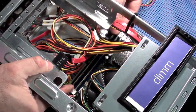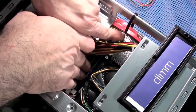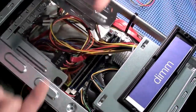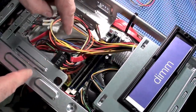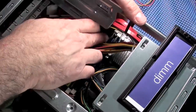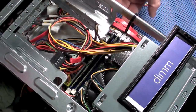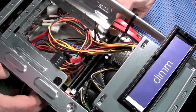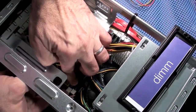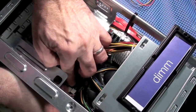But, alright. So now I have to clip it, press it down and clip it in. Usually it says to just press straight down until those clips pop in on the RAM. It happens automatically. I don't like putting that much pressure down on the motherboard. So what I usually do is clip it on one side and put my finger here and press down and get one side clipped, and then press down on this other side and try to get it clipped. So I do one side at a time